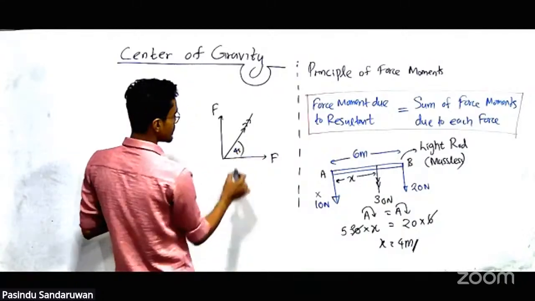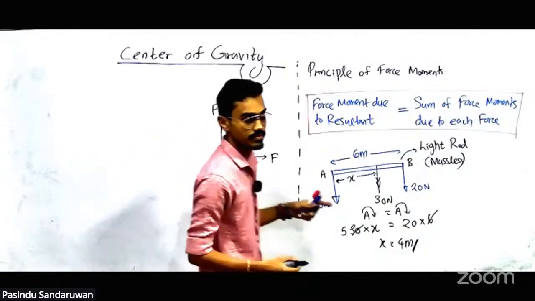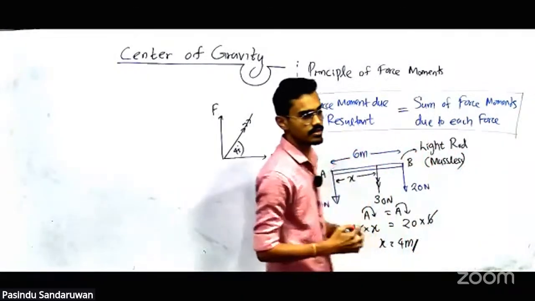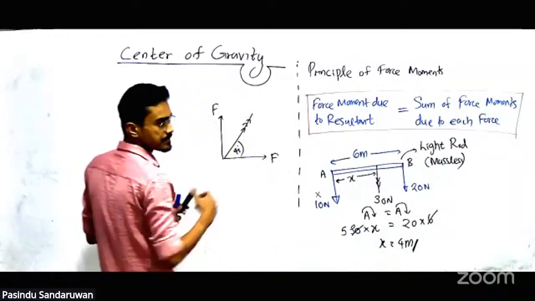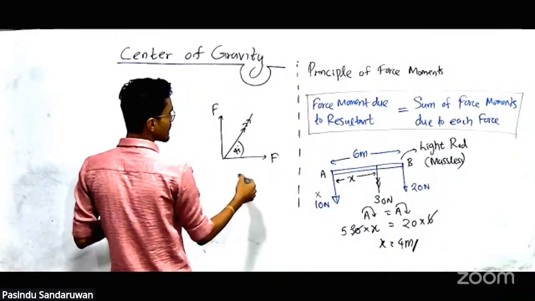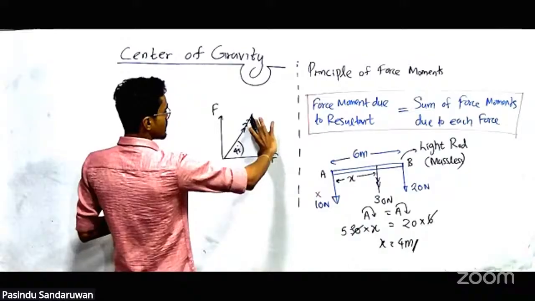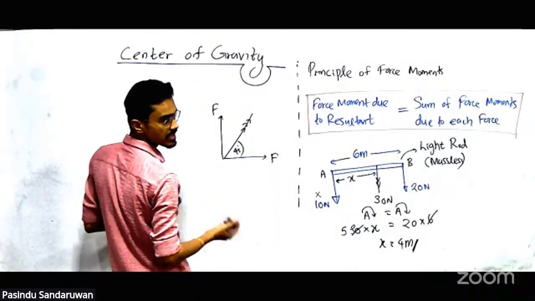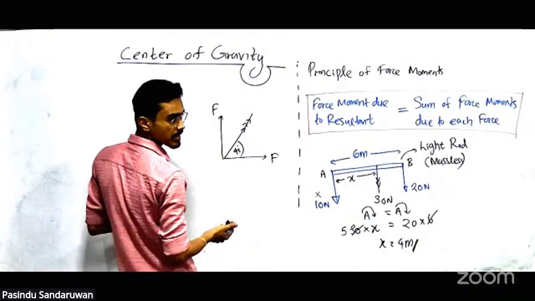Right? So this is a result of what? Vector parallelogram. So we know you can write this angle as tan alpha, that is F over F. F over F, tan inverse 1, 45. Right? Now if this was